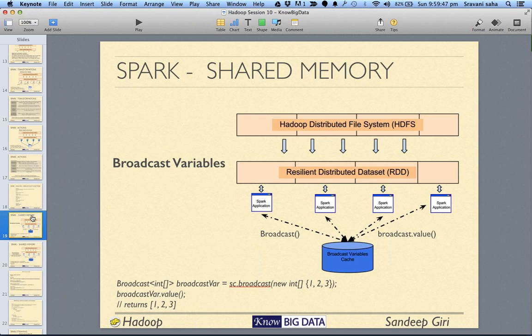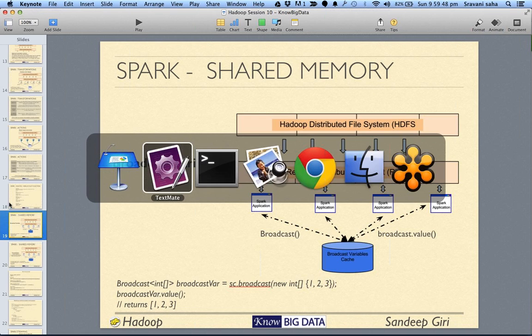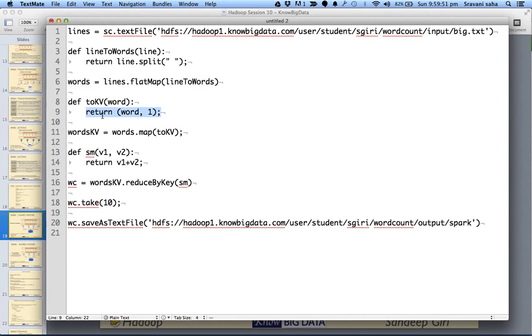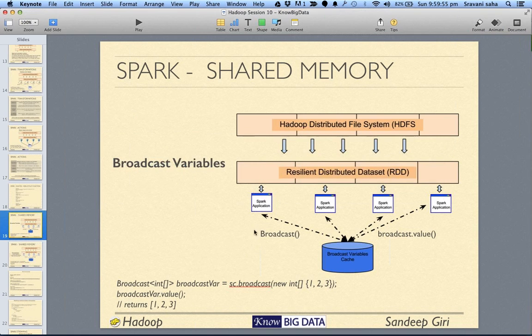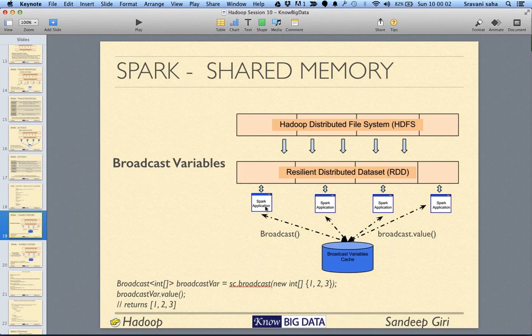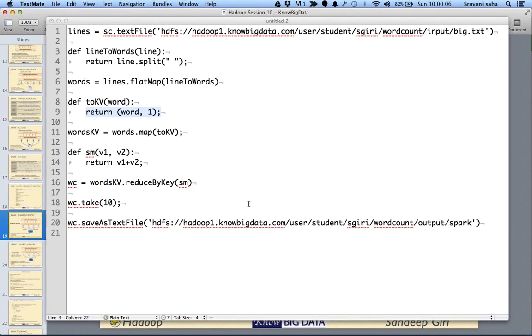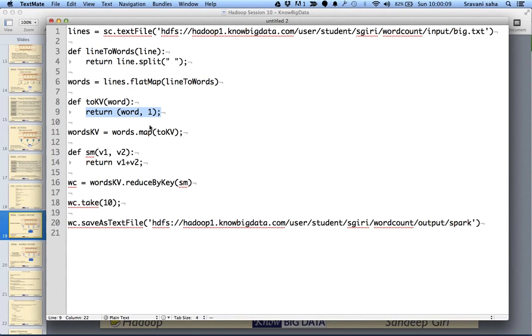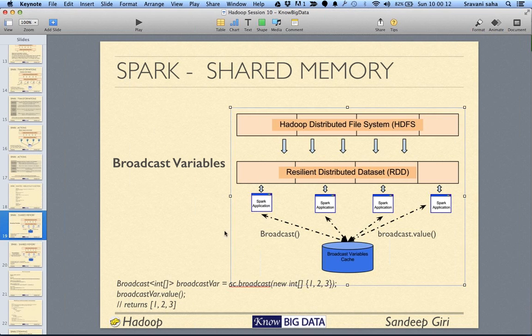Generally, whatever variable you define inside the function is a local one on the same node. You cannot communicate between multiple nodes using these variables, because they become local variables on each node. Broadcast variables come exactly for this reason.